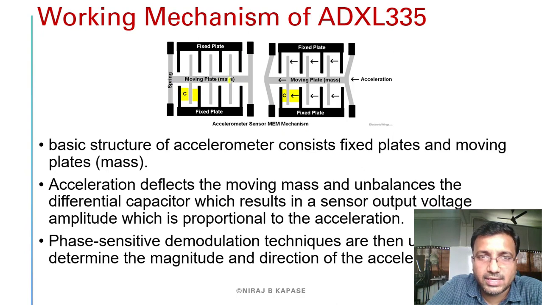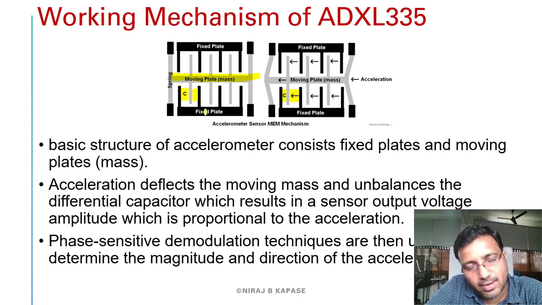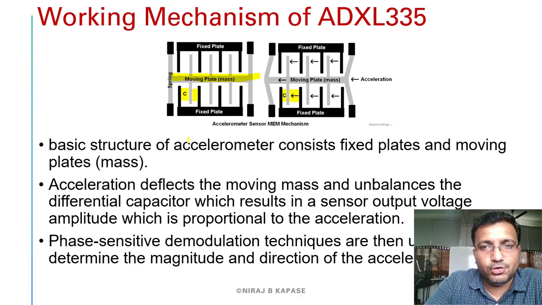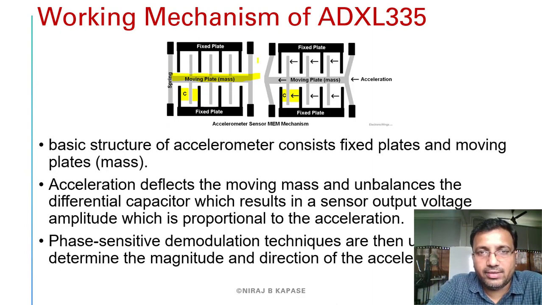The ADXL335 is again a capacitive-based sensor. It contains a fixed plate, and there are moving plates available. With the moving plate, the spring is attached. Due to the motion of the spring, the plate moves, and this capacitance C will change. If C changes, the respective output voltage changes due to the acceleration. When there is no movement, this distance is fixed. Whenever there is acceleration from this side, the moving plate tilts towards the fixed side in one particular direction, and because of that, it changes the voltage.